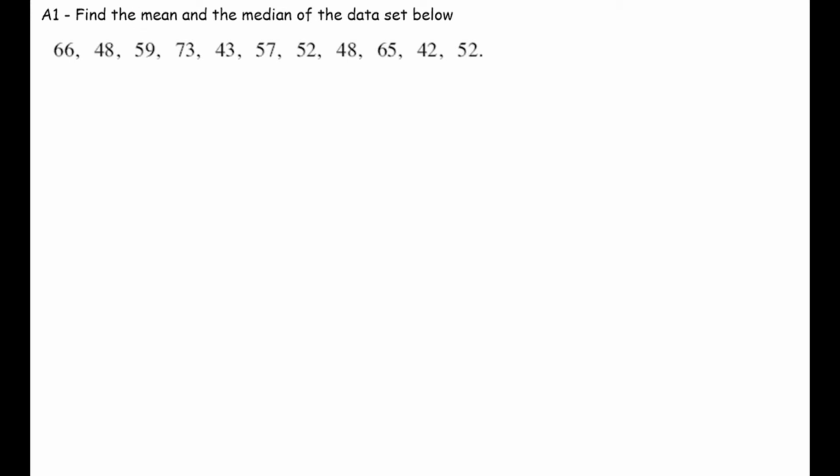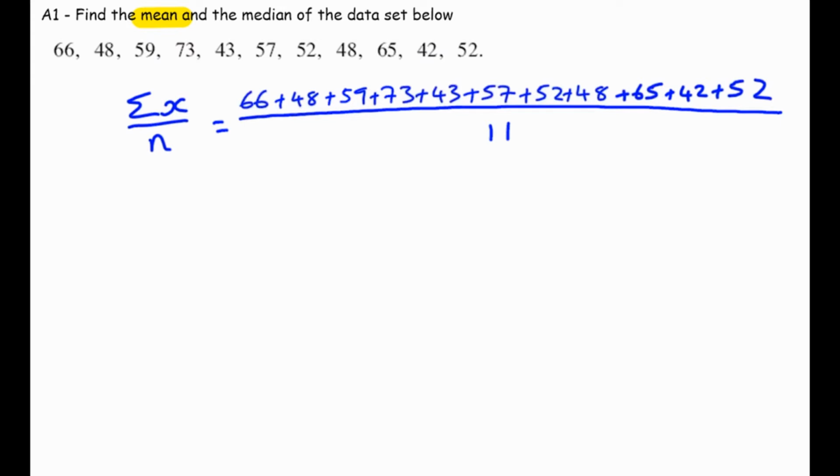For us to find the mean, we're going to need to sum up all of the pieces of data that we currently have and divide by how many there are. So the general formula for that, if you recall, is to find the sum of all of the individual data items and divide by how many there are. Okay, so we're going to sum up all of the values that we have there and we're going to divide by the count. The count is how many of them were there to begin with. Well, there were 11, so this sum in the numerator, all divided by 11,